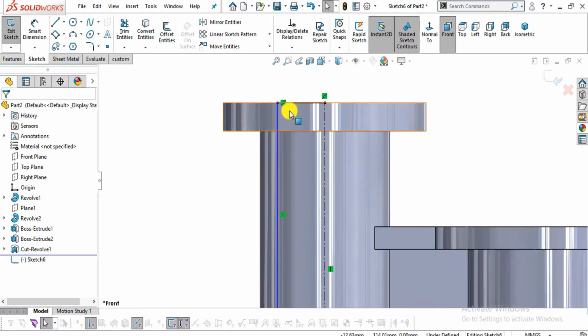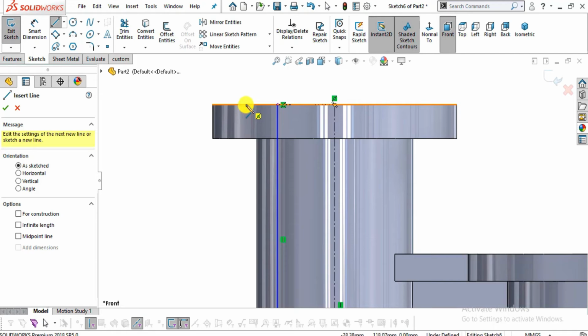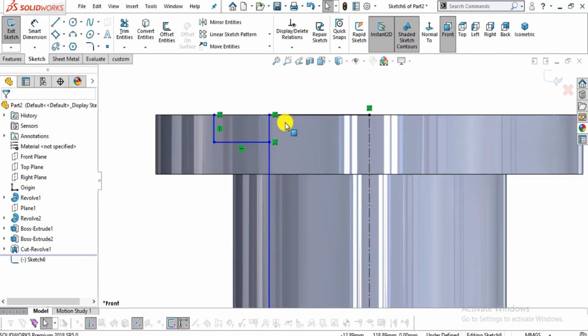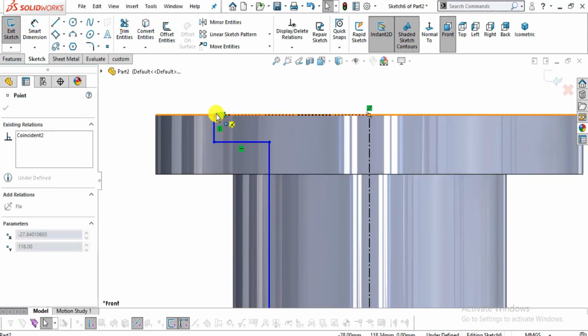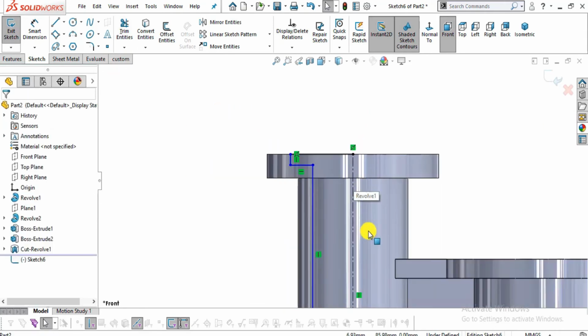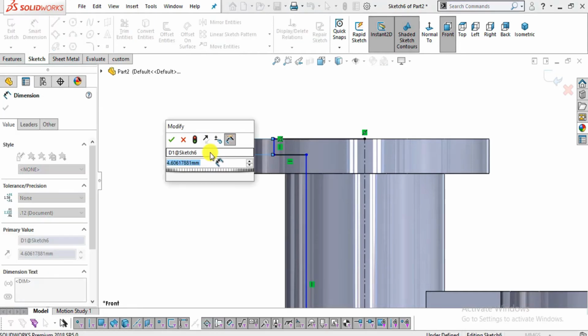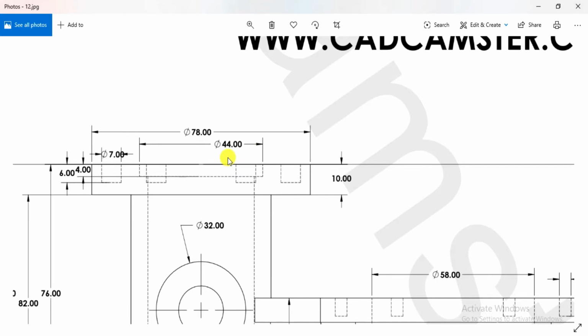So again select a line command and create a horizontal line and this one. Now trim this line and drag this line up to here. Now go to Smart Dimension, select this line. This will be 4 mm.